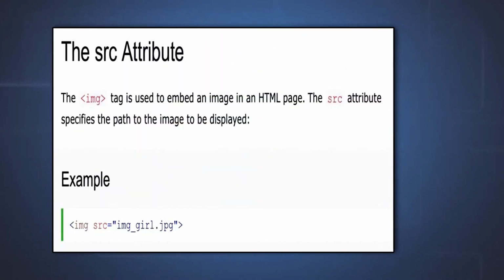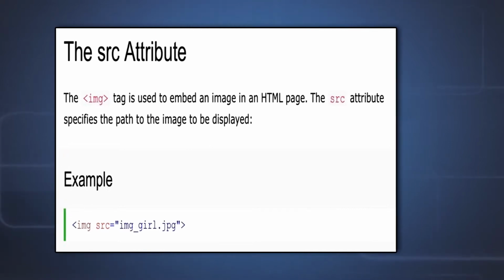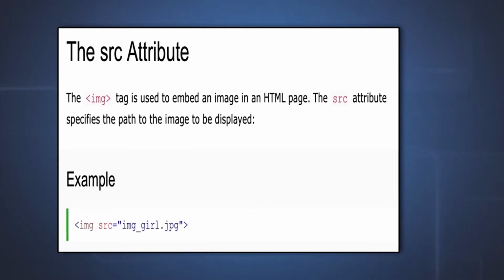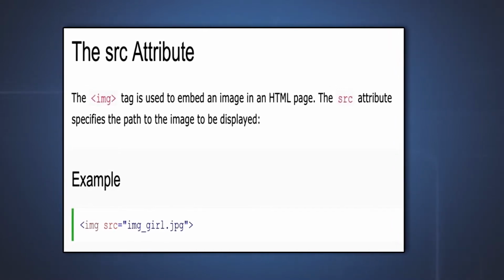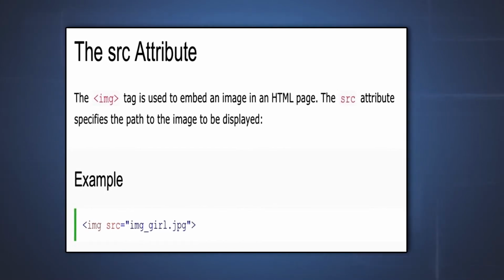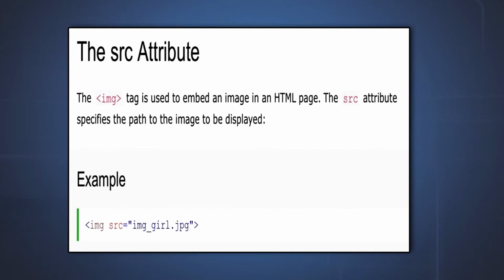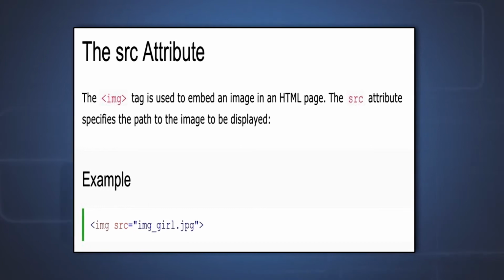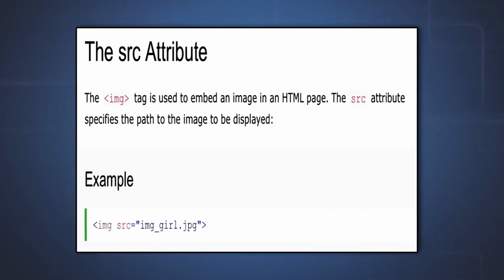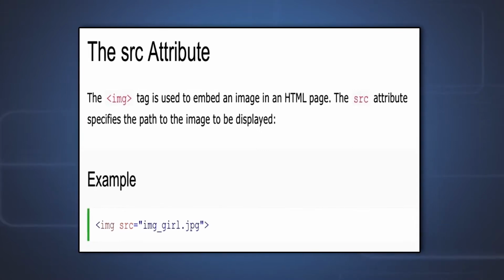Suppose you are directly putting the image, then also there is some path, because it needs to point to that particular folder where it is residing. The image tag is used to embed an image in an HTML page. The image tag is denoted as the IMG tag. Whenever I say IMG tag or HTML tag, remember that they are enclosed between angular brackets, and most of them have ending tags also. In the case of an ending tag, you have the opening angular bracket, then a forward slash, then IMG, closed by the right angular bracket.